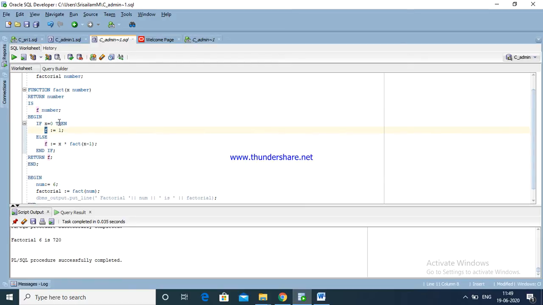If x equal to 0, we assign the value 1. Else part, when x is not equal to 0, we give x multiplied by fact of x minus 1. If you give 6 here, it is 6 into 5, and so on.